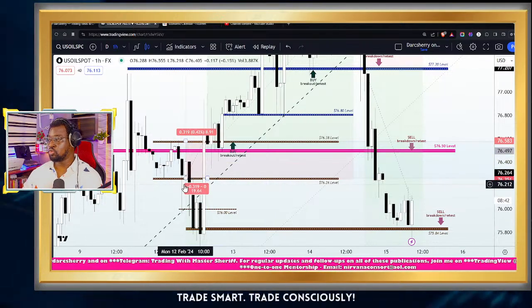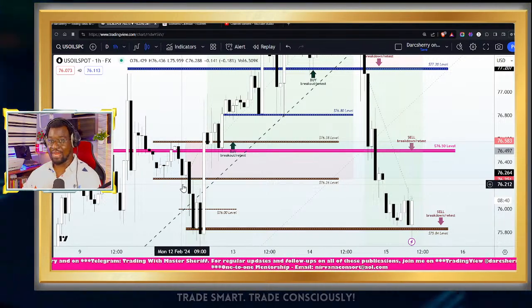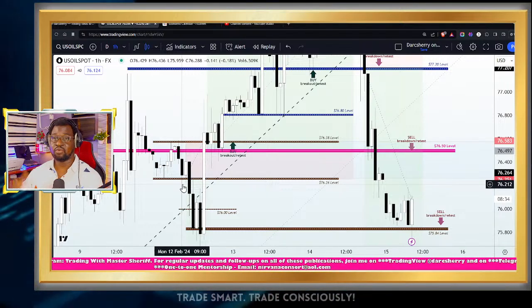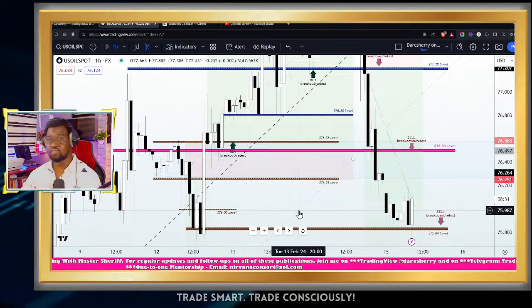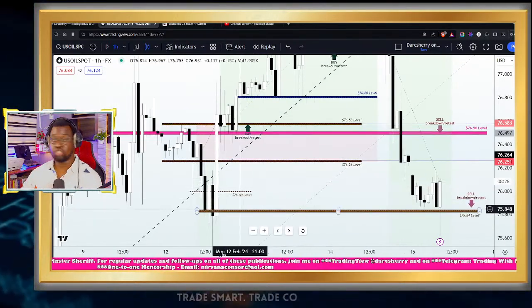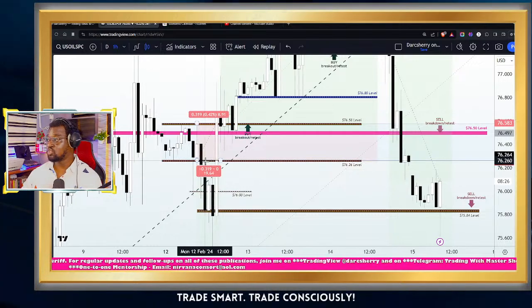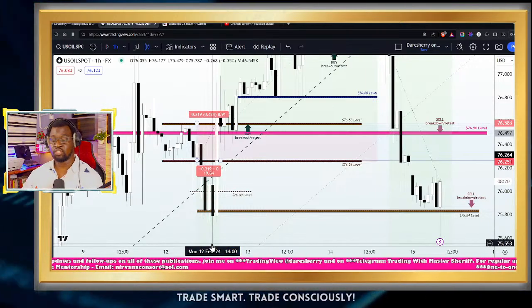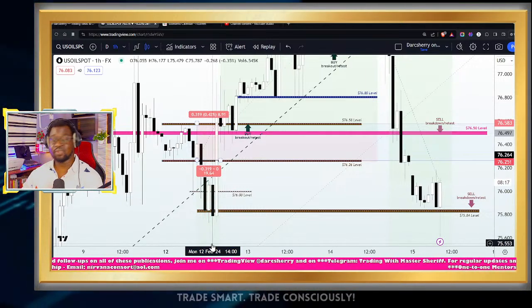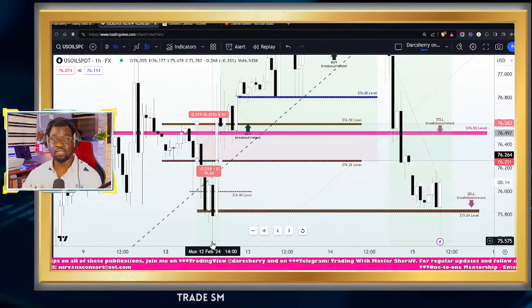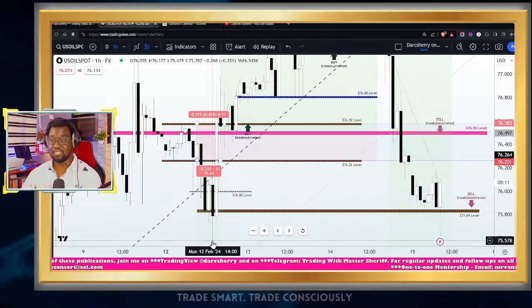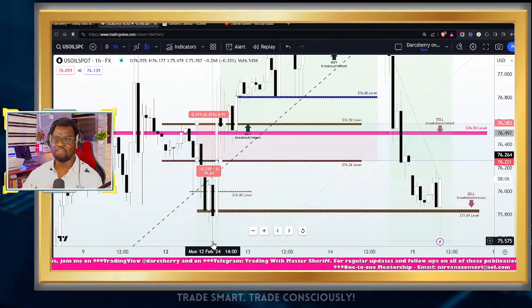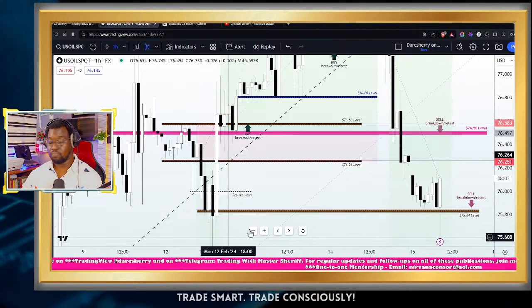Now, prior to our live session on Monday, we already had a breakdown of the support line of that range. So we said we will be selling the retest of that structure, and in fact price came back to retest the structure to trigger our first sell position for the week, and we saw price move over 70-80 pips thereabout before the bullish momentum came in. And as it is our style here, whenever price action moves in our favor significantly, we move our stop losses to secure the position. And if you have done so, you must have been taken out with a small profit or, in a worst case scenario, break even.